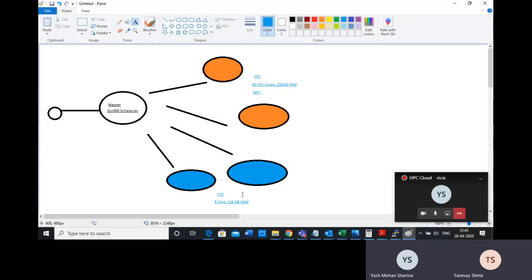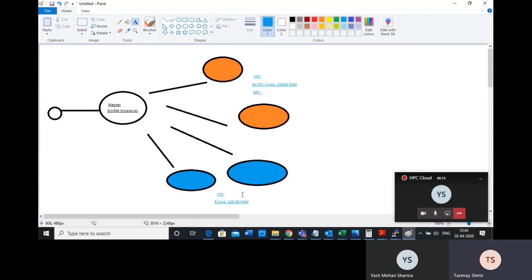So a job also has a property called state. The state is basically whether your job is running, whether your application is running, or it is still waiting for the machines to be allocated, which is called the pending state or the queued state. Or the job can be in the state where it is complete. So your application has run and completed, then the job will go in the completed state or finished state. So there are various states associated with jobs, right?